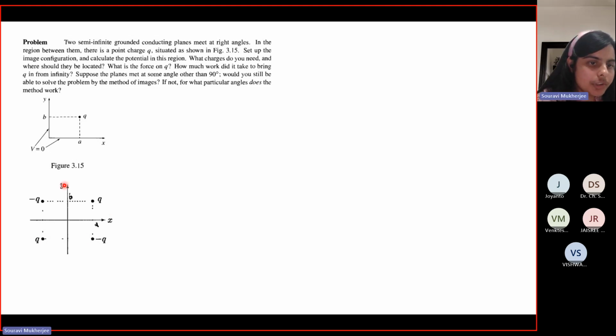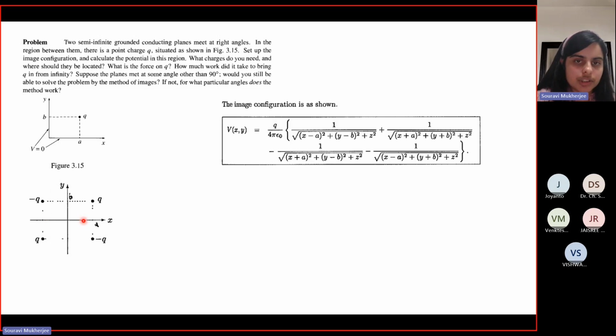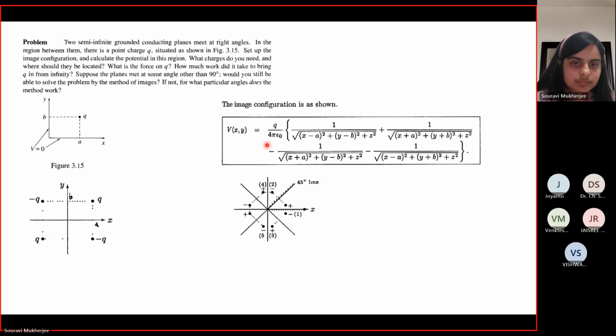So this is how you choose your image charges. Now, once you have that, other things are simple. You can use the normal expressions of potentials between point charges to find the potential, the force, and all of that. Now, suppose that, instead of 90 degrees, your planes are at 45